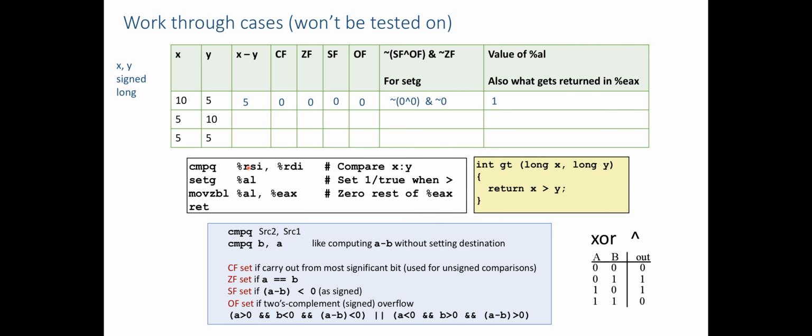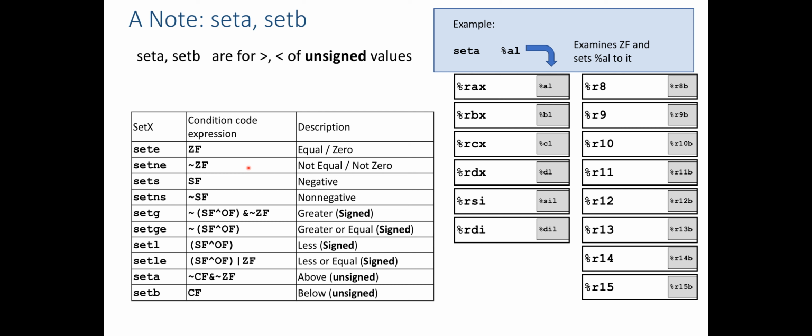remember. So now another thing I'd like to point out is these two down here at the bottom, set A and set B. So set G makes a lot of sense. It's used for signed values. We just check if some signed value is greater than another signed value. And then we have a greater than or equal to that we use for greater than or equal to, less than or equal to. But down here now, if we have unsigned variables, the